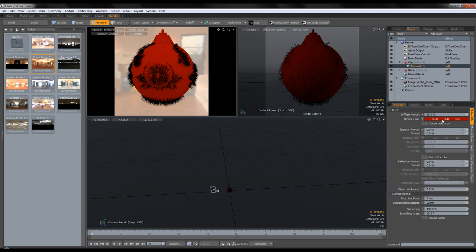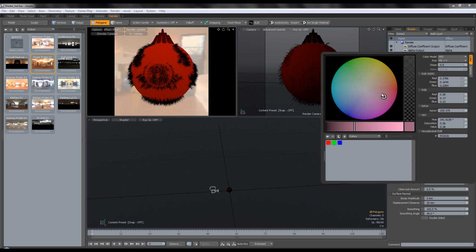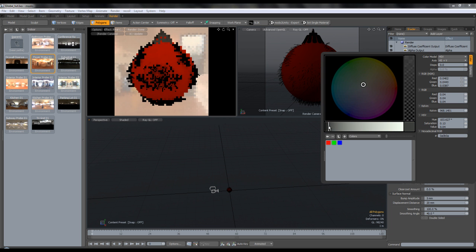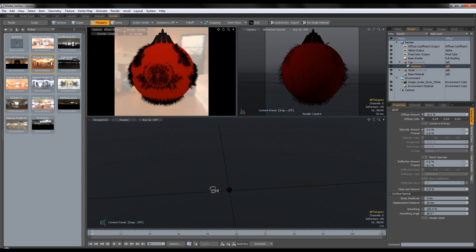is going to be chrome, so we're going to have 10% diffuse. We're going to have a grayish color. Okay, we're going to have a reflection amount of 30 with a Fresnel amount of 30 with blurry reflection on, and 10%. Actually, we should have 85%. Okay, reflection, conserve energy on,